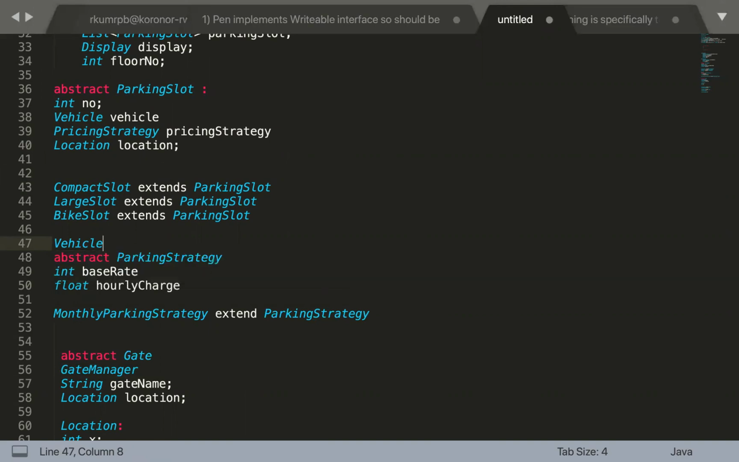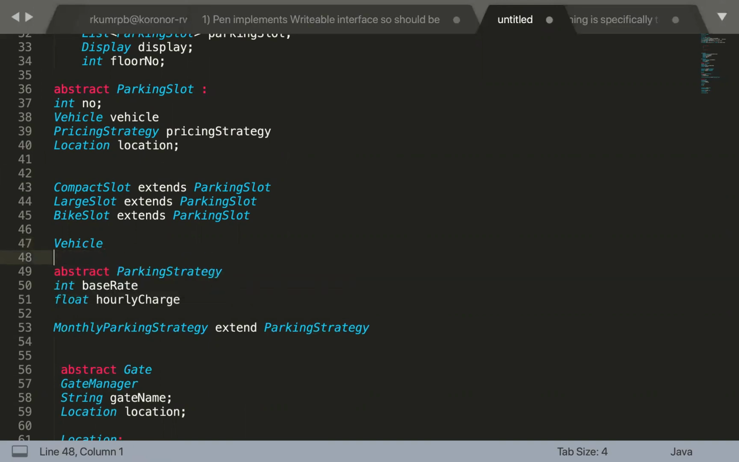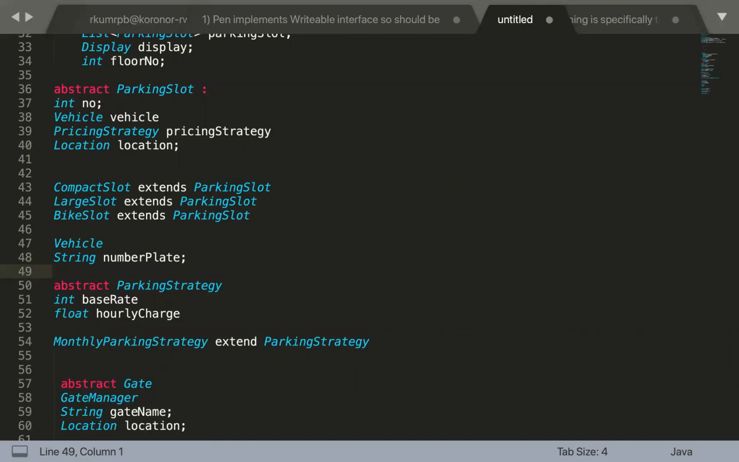So vehicle can have properties like probably string, number plate, right? ठीक है? Number plate मतलब कि whenever the vehicle will enter, we will record the number plate of that particular vehicle which is going to be at that particular parking location, right? So this number plate, okay, and after that probably we have